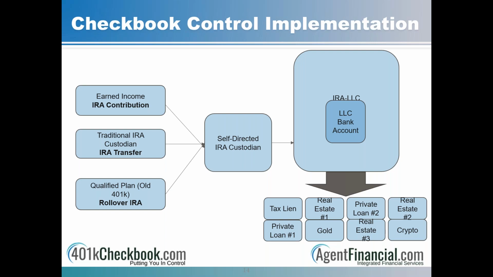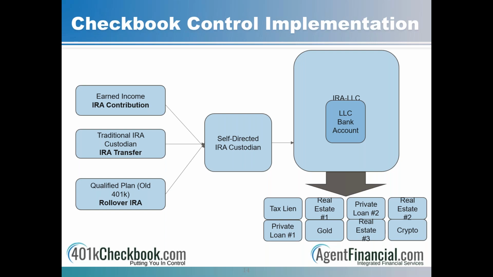So we've got to have an IRA at a self-directed IRA custodian. Then we've got to have the IRA LLC. We've specified LLC in this slide. We use some alternative structures as well. We may use trusts, for example, but for the most part, now our go-to, the default is to use an LLC structure. So we'll have the LLC in the bank account,